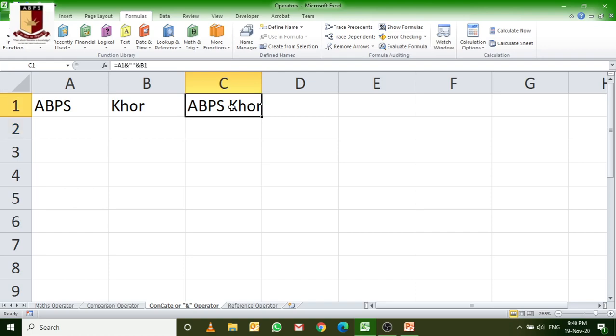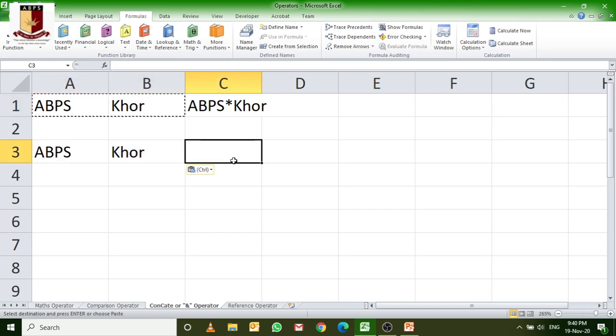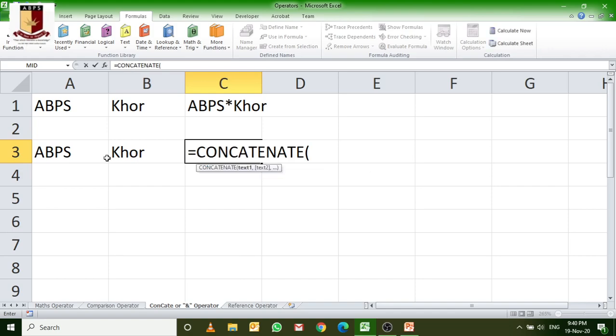Now this space occurs. If you want to return some values, you can place them here. Like I place that sign, press enter, and now this one comes. Whatever text you want, you can bring with the help of these double quotes. One more option is the concatenate function. Simply write equal to sign, concatenate, that function comes, then this value and then comma this value.